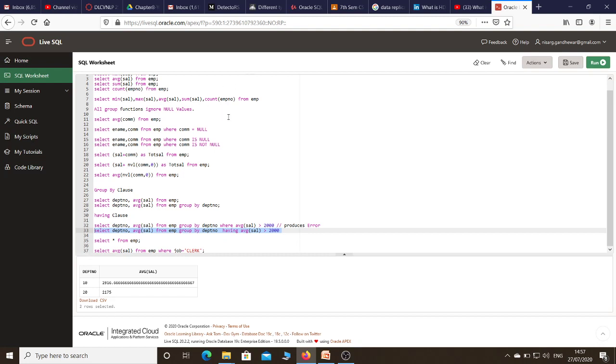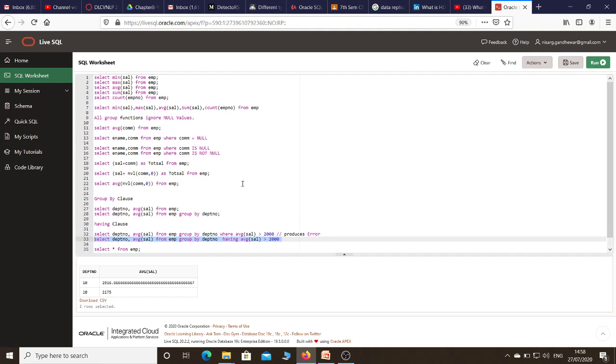So in this way the having clause is used. You use the where clause when you specify a plain condition, but when your condition uses aggregate functions, you always need to use the having clause. So I hope you understand the demonstration of aggregate functions, null values, group by clause and having clause. So here we'll stop. In the next lecture we'll discuss more topics. Thank you.